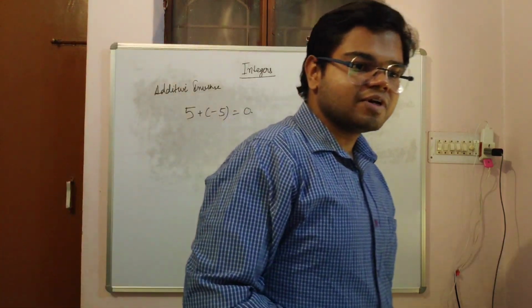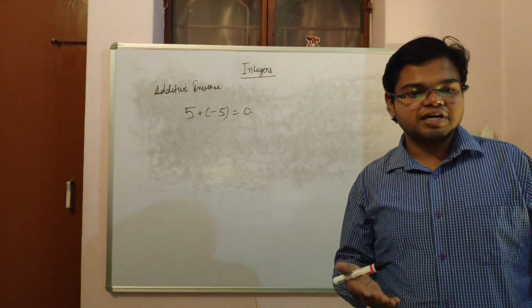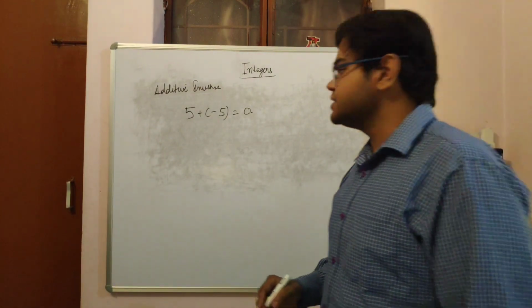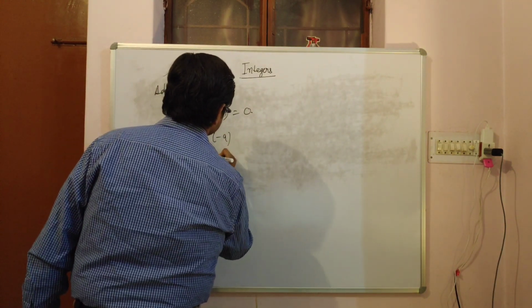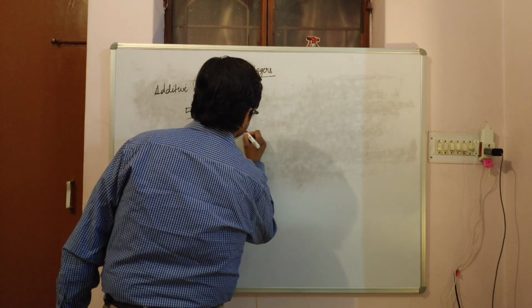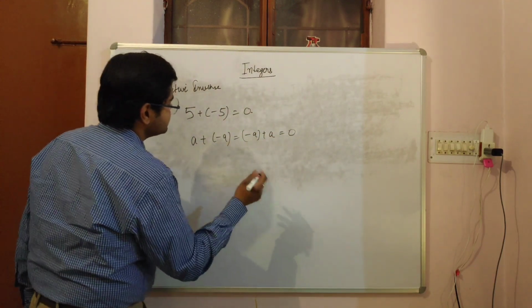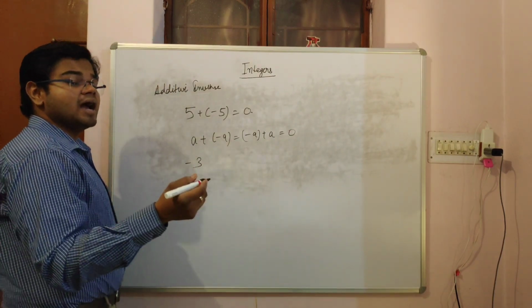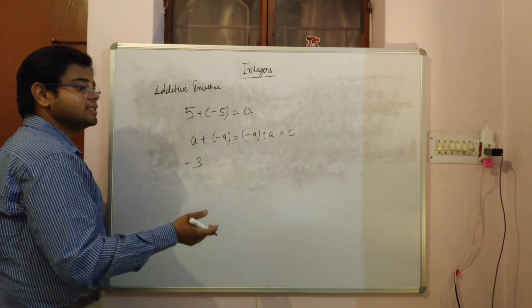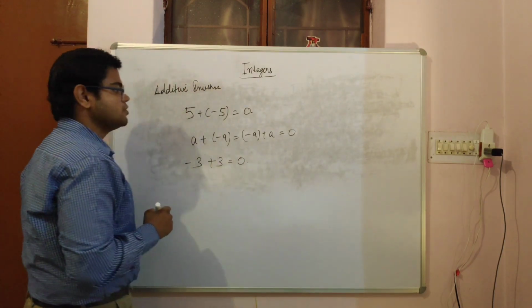So what is additive inverse? Additive inverse of an integer a is the integer negative a. That is a plus minus a, or minus a plus a equals 0. Suppose we need to find the additive inverse of -3. So what can we add to -3 to get the result 0? We just simply add 3 and the result will be equal to 0.